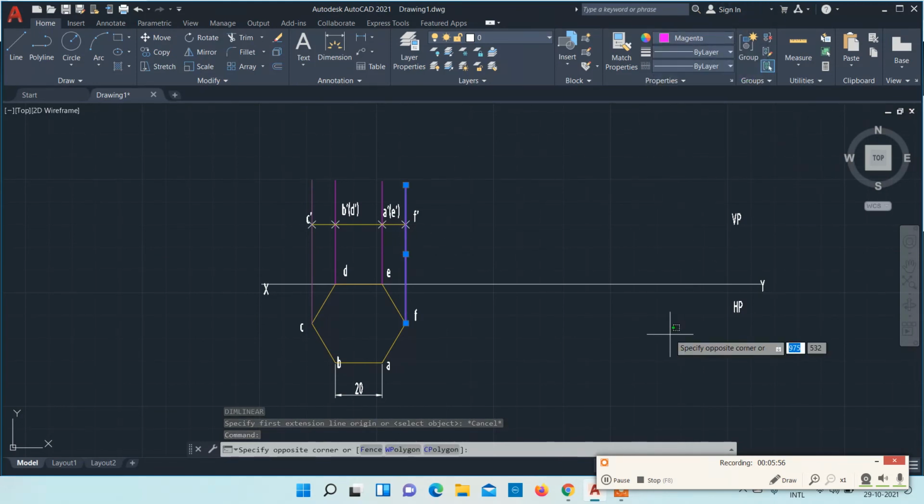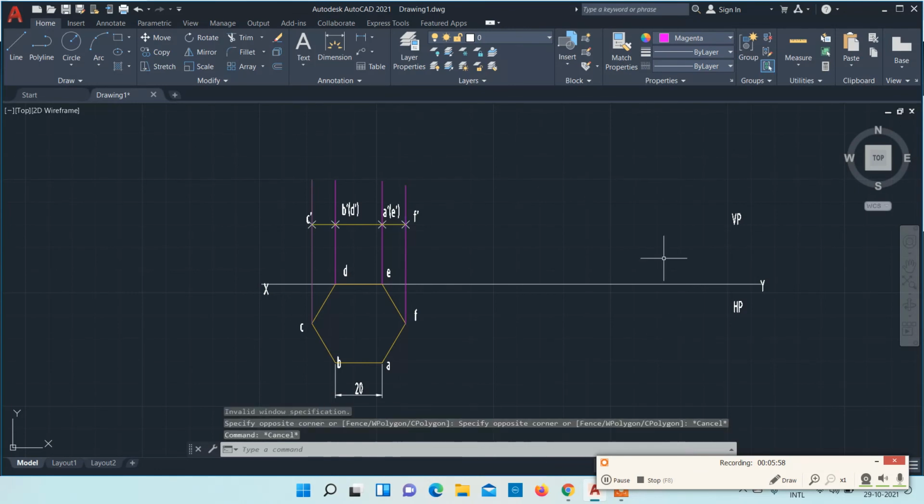Okay, visible edges are in yellow color for both front view and top view, and XY reference line is in white color, and the dimensions also I have given in white color line. Okay, so this is the answer for the second question in projection of planes. So with respect to positioning of the plane, you can refer to the other video and you can learn from that video. Thank you.